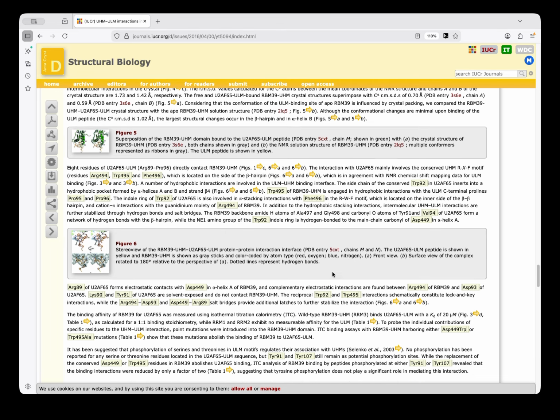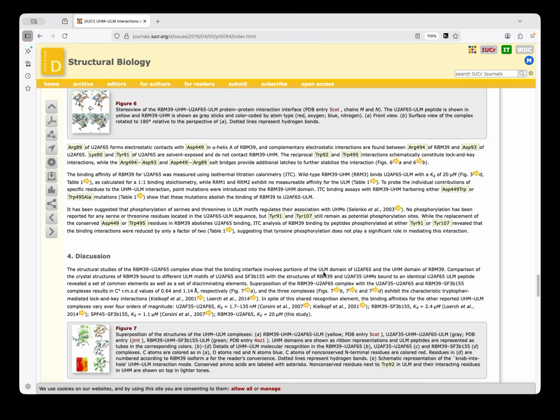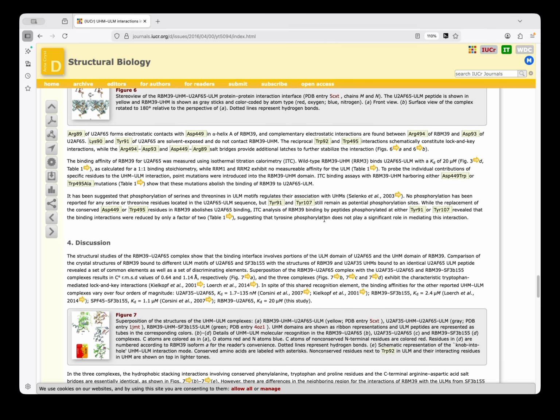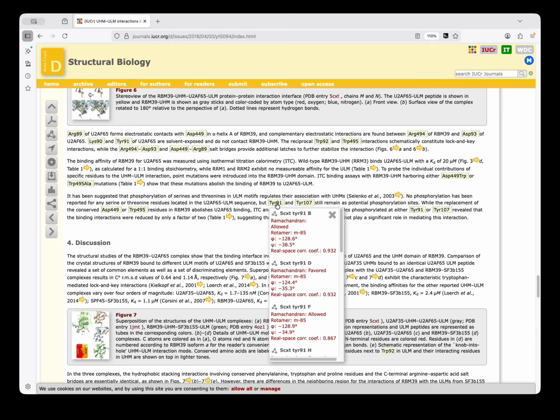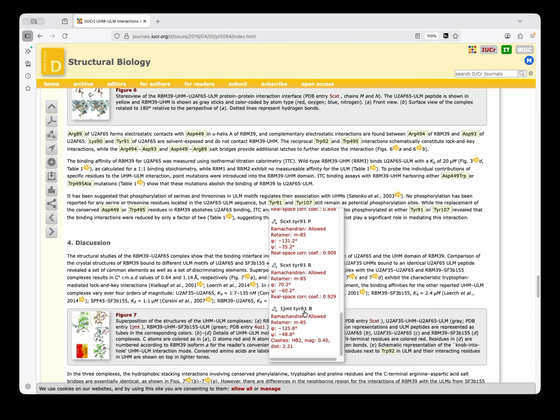Right, now the interesting thing about 5cxt is that it comes with a smaller peptide, which is not so obvious if you only look at one of the protein chains, which we've done so far, but we can look at another. And if we, for example, use the tyrosine 91, this example here, you can see that this is actually true. So we've got 5cxt, which contains that tyrosine, and if you look carefully, the chain numbers have changed. But we can also find it in a structure